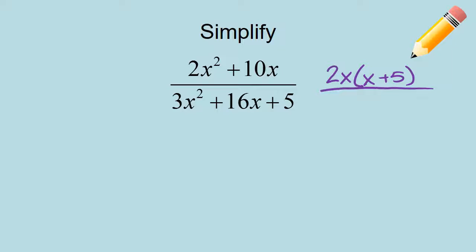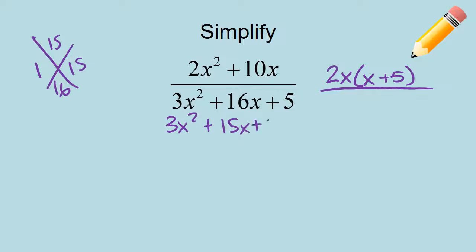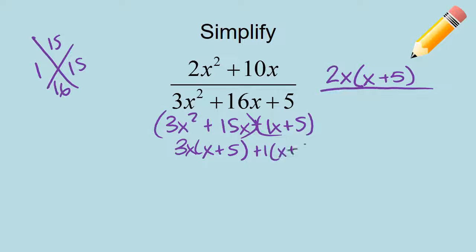So if I start with my AC, 15 is on top, 16 on bottom. That means my factors are 15 and 1. So my middle term separates out into 15x and 1x. If I group, I could take a 3x out, x plus 5. I could take a 1 out. I have to take something. Same thing twice. So my factors, I'm just going to fill them in right away, are 3x plus 1 and